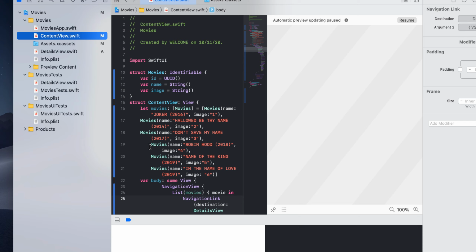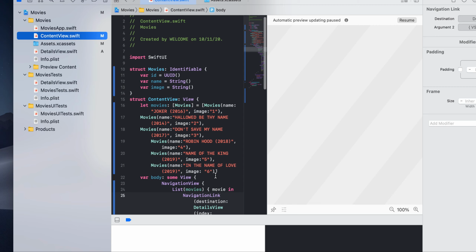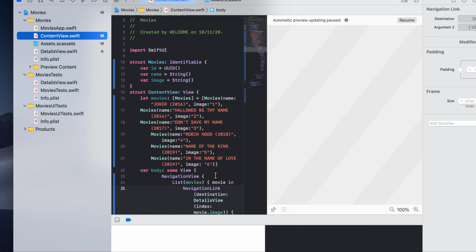Robin Hood 2018, image 4. Name of the King 2019, image 5. And In the Name of Love 2019, image 6. So there are 6 movie names and movie images, and 6 IDs will be there for it.